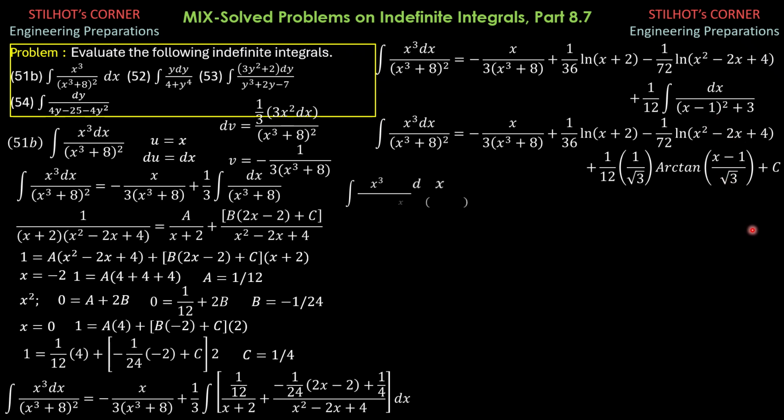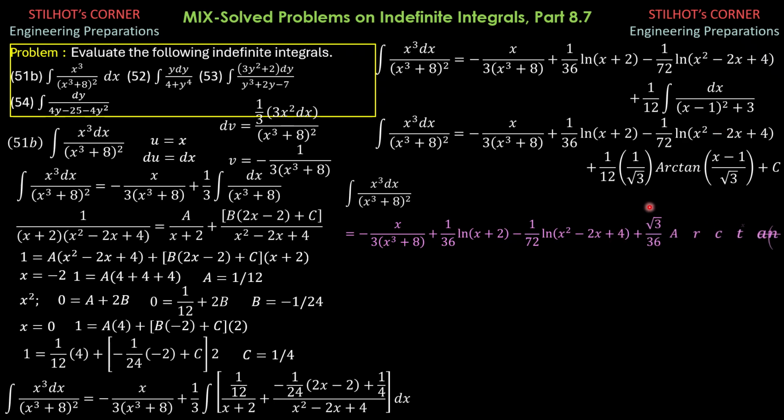Then simplifying, the integral of x cubed dx over x cubed plus 8 quantity squared is equal to, we copy the terms, then the last is plus square root of 3 over 36 arctan of quantity x minus 1 over square root of 3 plus c. So that's it for problem 51b. For problem 52b,